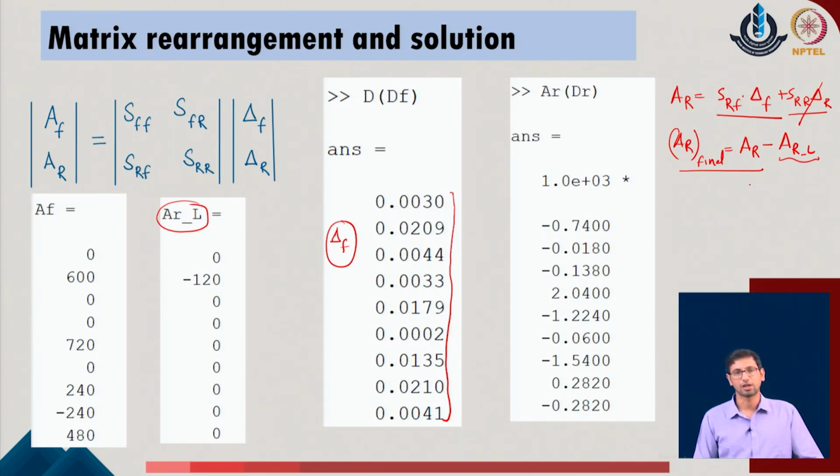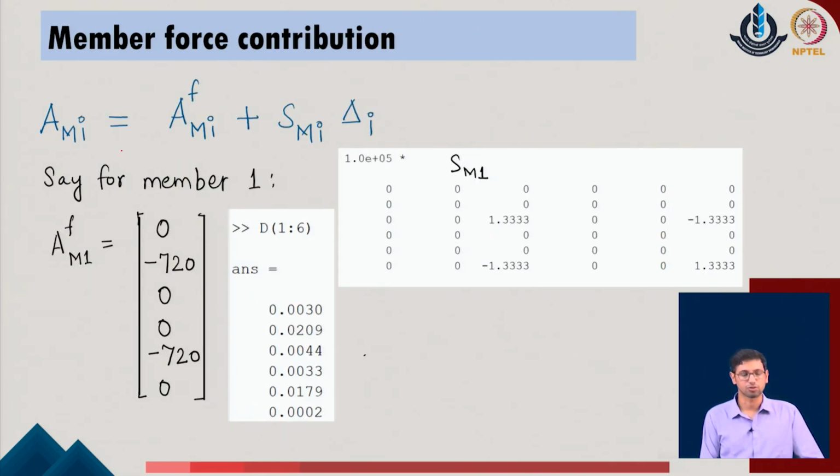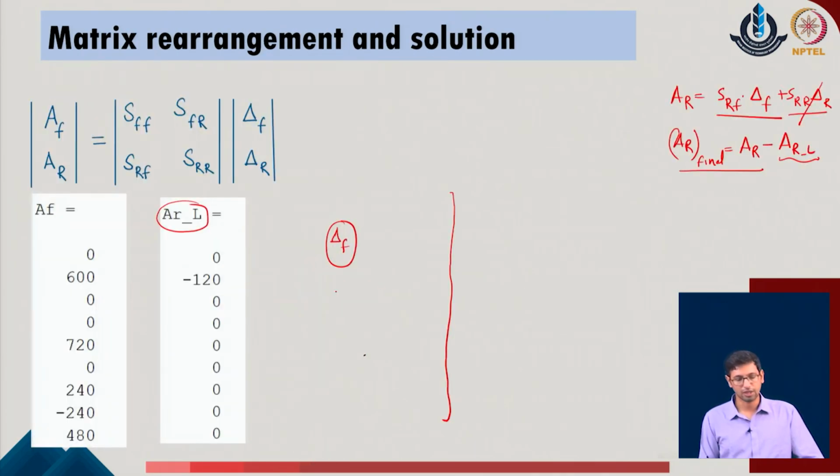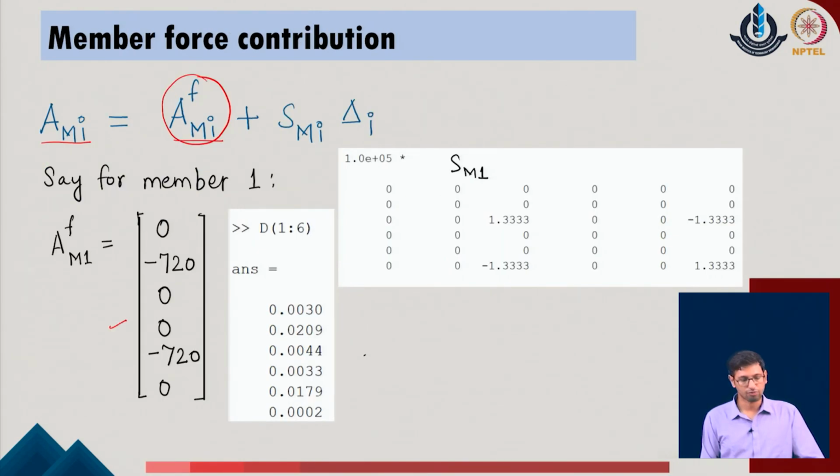Once we are able to get the A of r in the problem, we can go on to calculate the member forces. I am just doing it for member 1. For member 1, if I want to calculate the member force, the A of m1 is the fixed end force component of the system. So we go back to the same values of the system which we have identified here. I just located the A of m1, which are the fixed end values of the system. The P value corresponding to the given system is defined as 240. Accordingly, this value becomes 0, minus 720, 0, 0, minus 720, and that is what has been defined here. So this is the A of member force 1, the fixed end components of the given system.